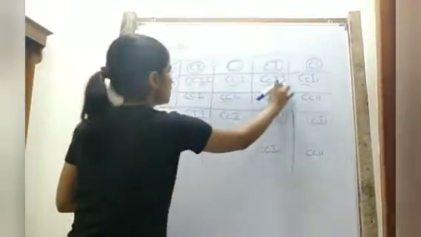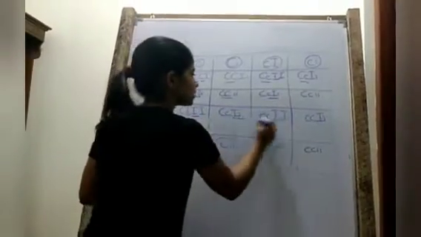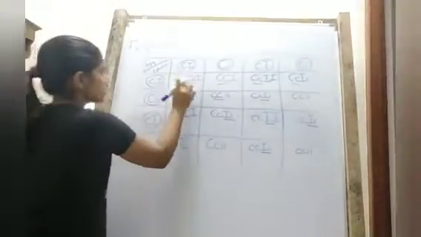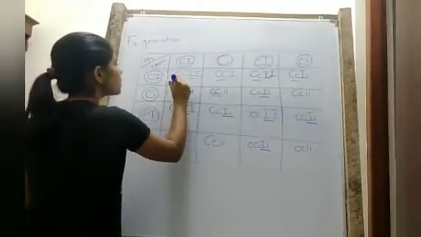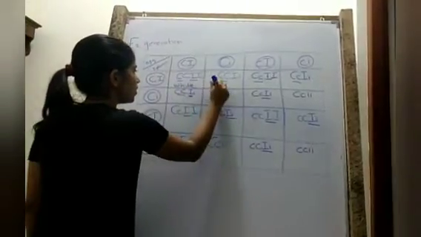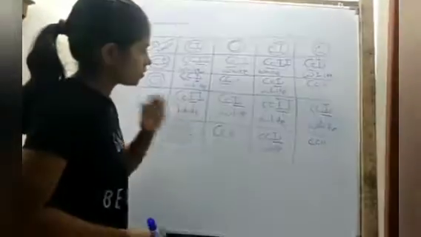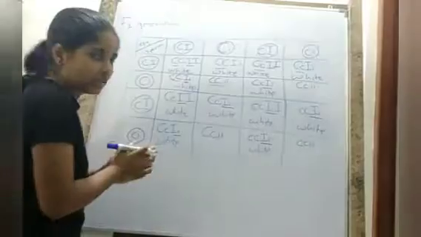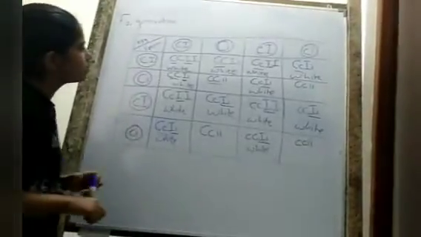So here, this one, this one, and so on. Since the capital I allele is present in these, the phenotype would be white in everyone. Okay, so we have filled out those genotypes with capital I allele. All would give out the phenotype white, and then we would check out the other genotypes.